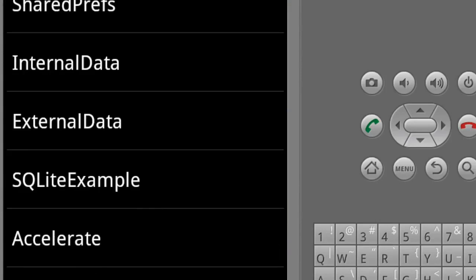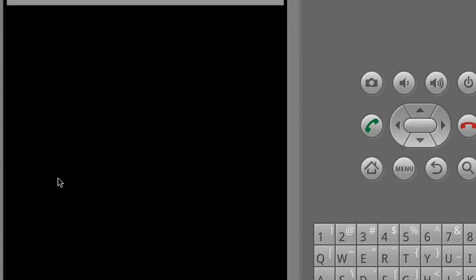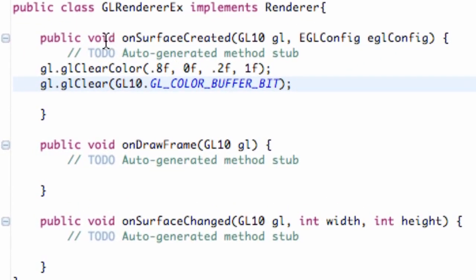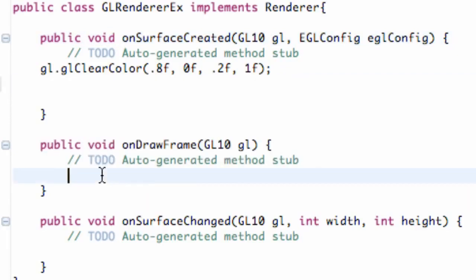You guys are going to have to watch real closely, so make sure you take note. We're going to run this, and as you can see, it flashed red and then it disappeared. So you're like, okay, what was the point of that? Well, basically what's happening is we called that within our onCreate method. So that's only going to be called once, right when our activity starts, and then we have this draw frame method. So if we move this clear command down into our draw frame